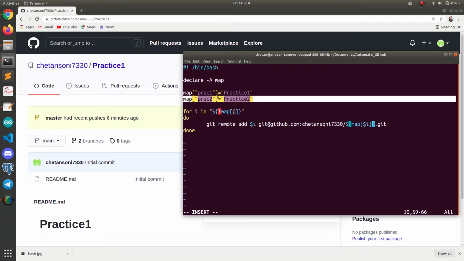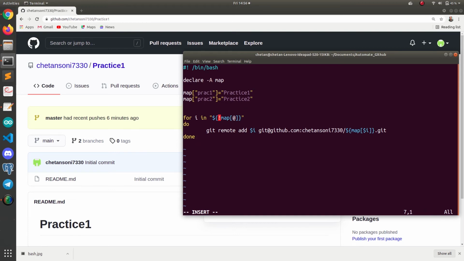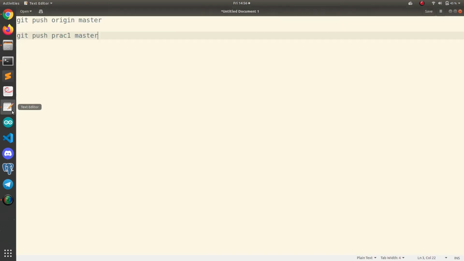Okay, so in both cases it will automatically add both remote repositories into our local repository. If you want to push the hello.txt file to more than two repositories, you can also add some other repository name like demo, or any xyz name of your repository, but I am right now using only two. I am going to push the hello.txt file to these two repositories at the same time. Now after that git push -u, and the name of the remote will be $i. We have already seen that this is the name of our remote, and this is the branch name.